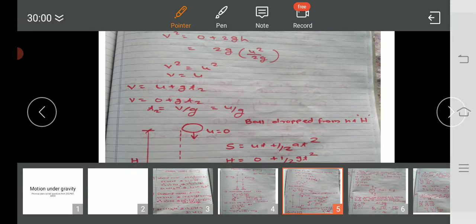Let us suppose this ball is dropped from this height. So s is equal to ut plus half at square. S is downwards, therefore negative. U is also downwards, so negative, and a is to be replaced with minus g, right? So minus, minus, minus. If we take minus common, then h is equal to half gt square, that is the final expression. So t is equal to square root of 2h upon g.